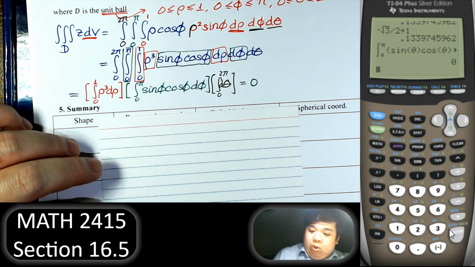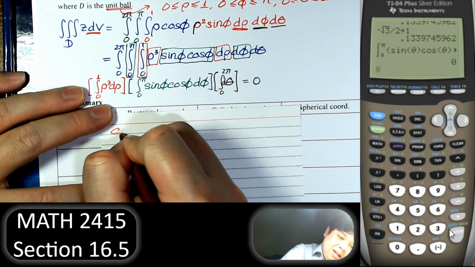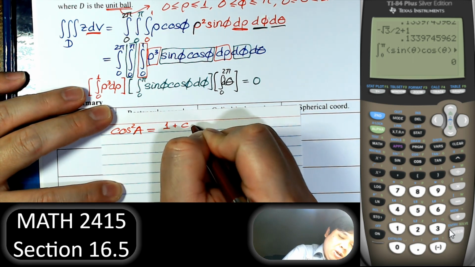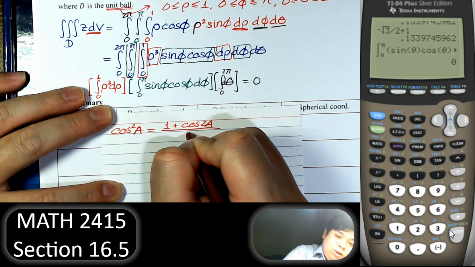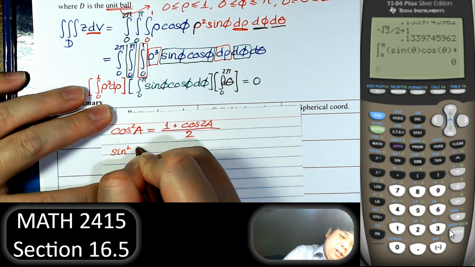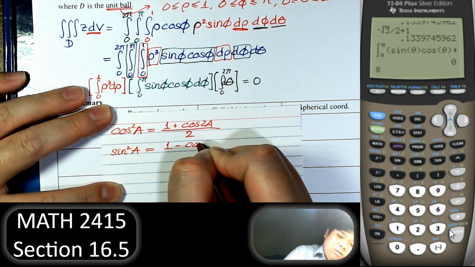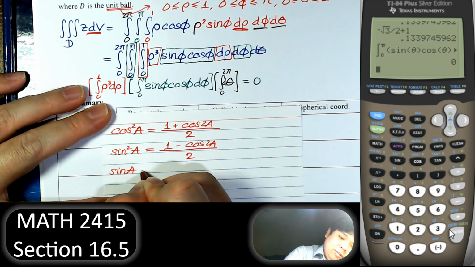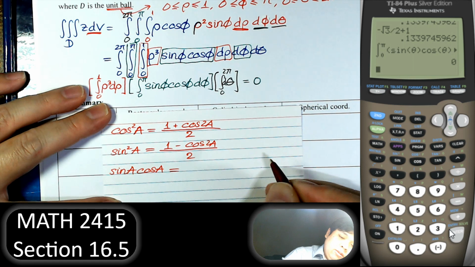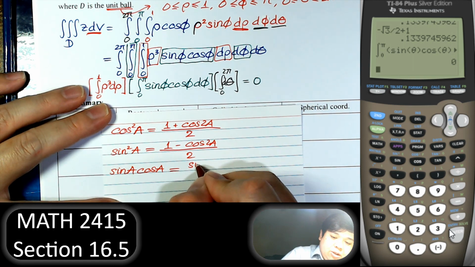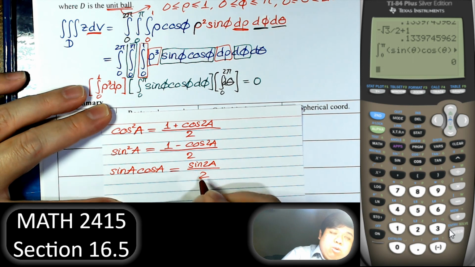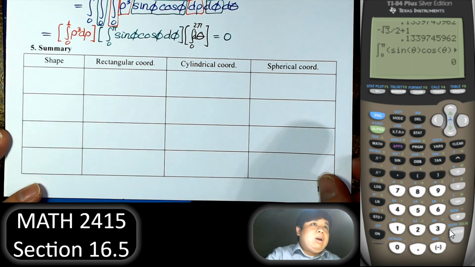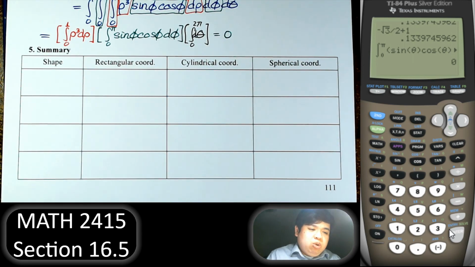I throw that flashcard away. Cosine squared is (1 plus cosine 2a) over 2, sine squared is (1 minus cosine 2a) over 2, and sine times cosine is going to be sine of 2a over 2. Multiply 2 on both sides, and that is the double angle formula. Right, so for a summary at the end here, I'm just going to do some